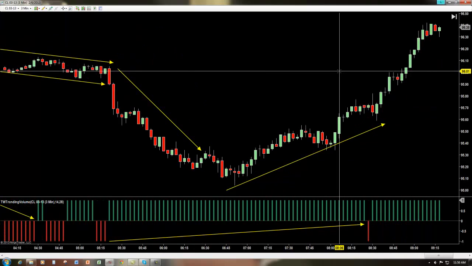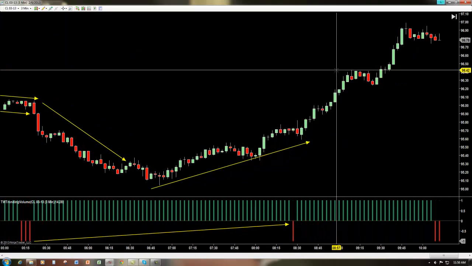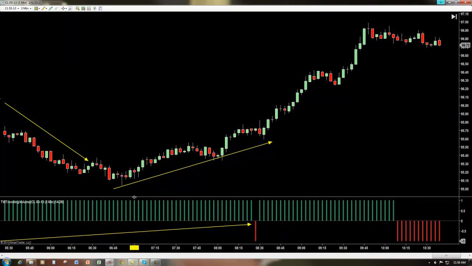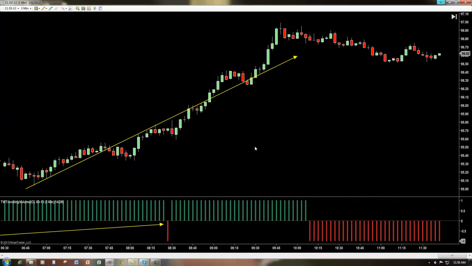Now, as I mentioned earlier, it's great to let us know when we're caught up in a trend. And if we follow this chart over to the right, you're going to see that we've got this series of green bars right here. And then we start to see the trend travel up. Now, the trending volume indicator is also great for letting us know of possible pullbacks as well as maybe even a change in direction. If we look down here, we see that these bars are turning red, and then you can see that the market starts to move back down in price.